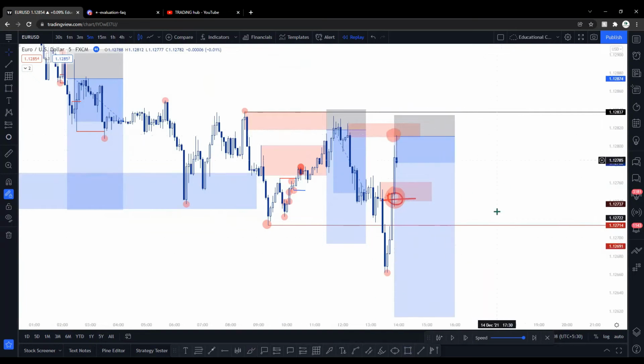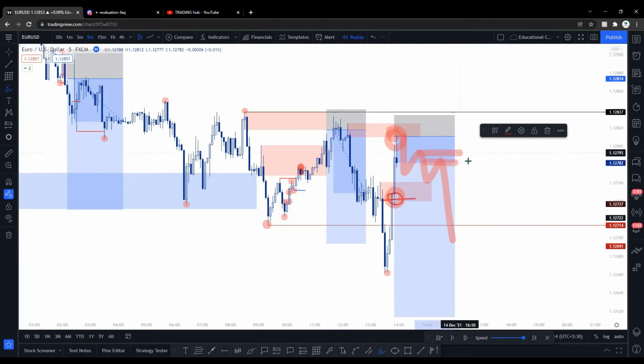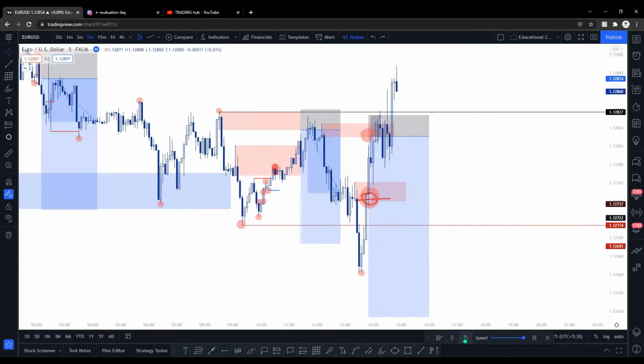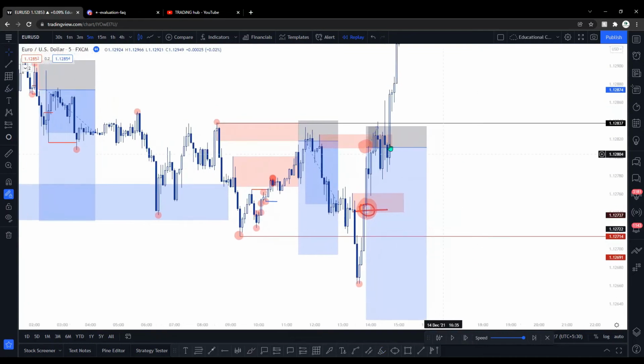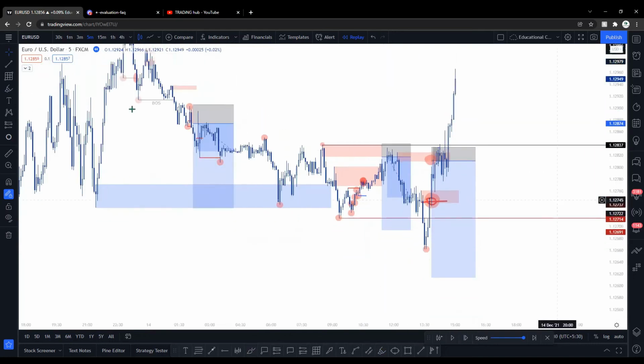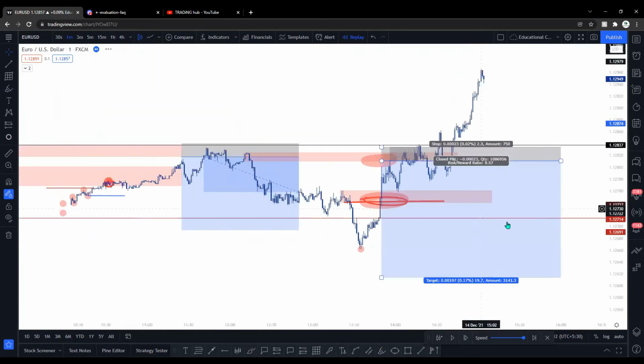Another type of entry is the confirmation entry, the 1 minute confirmation right here like this. Now you can see the market broke this zone and closed above it. That means momentum has changed. And if we look at the 1 minute structure,